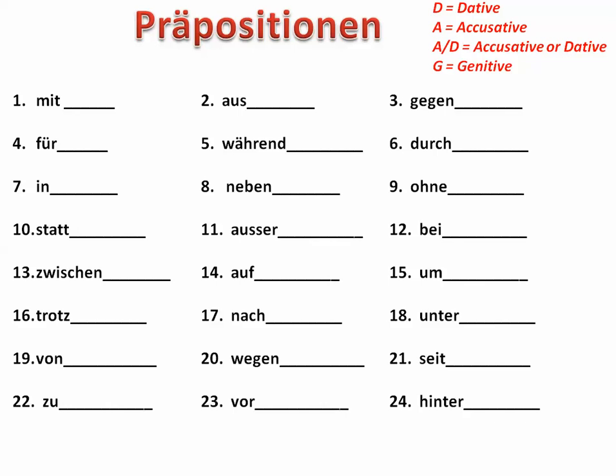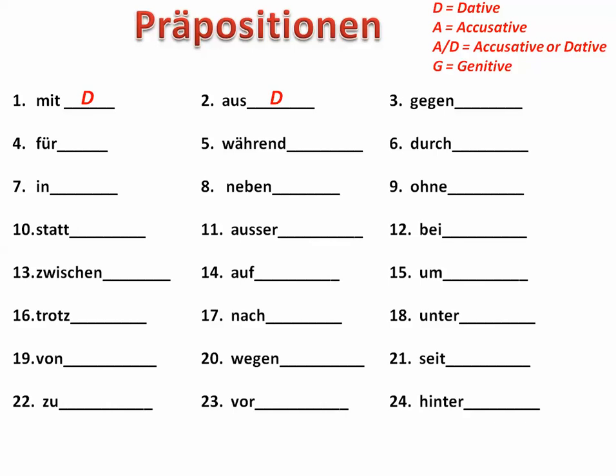Now, before we look at the examples of the genitive, let's look at prepositions in general here. I have a mixture of the 4 different types of prepositions that there are in German: dative prepositions, accusative prepositions, prepositions that can be accusative or dative, or so-called two-way prepositions, and then there are the genitive prepositions. We're just going to run through them each here, tell you which category it belongs to and what it means. So Nummer 1, mit is dative and it means with.